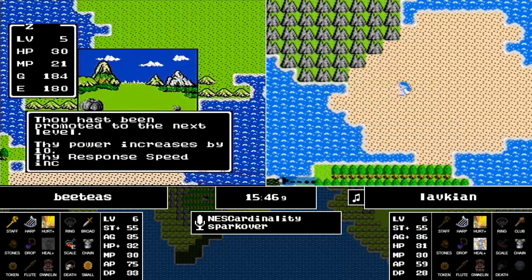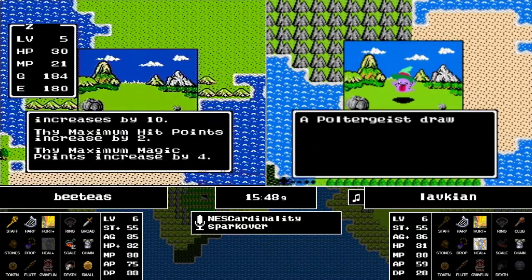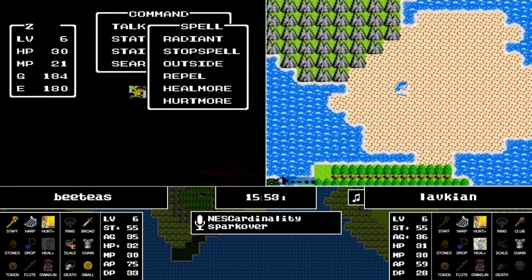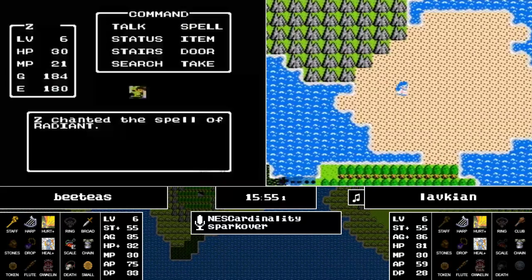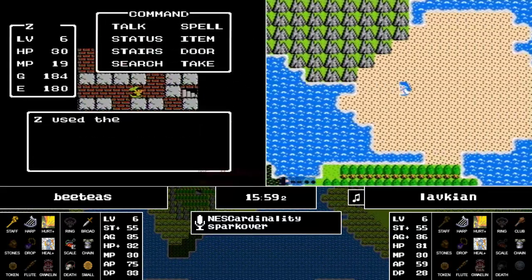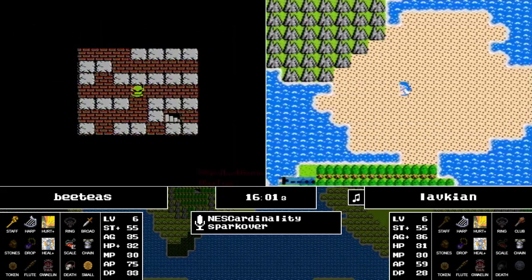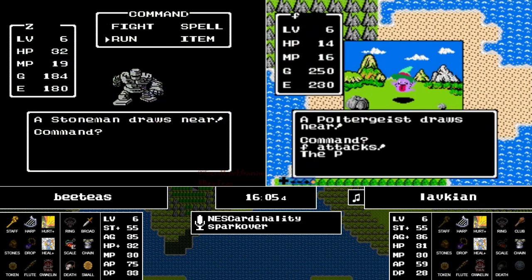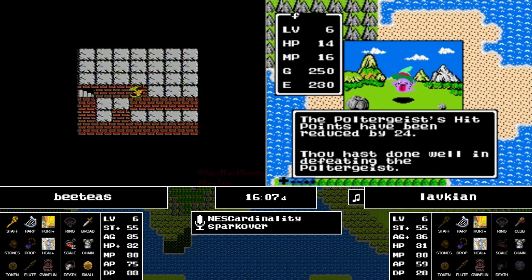There's level 6 for BT's. And Lavkian just seems to be grinding away for the next level right now. And, you know, you can't fault him. It's early grinding. Early grinding can have a little bit of an advantage depending on how the seed goes, but at the same time, in a Hurtmore seed, you sort of want to be careful and make sure that, you know...